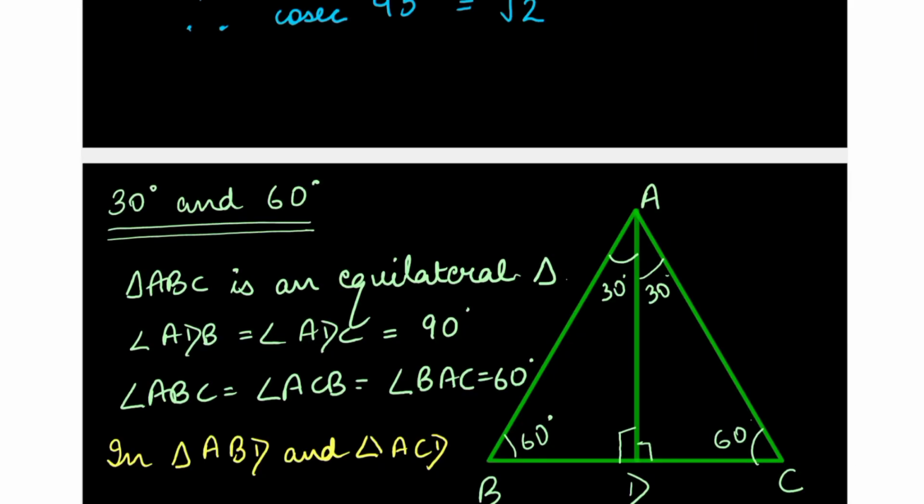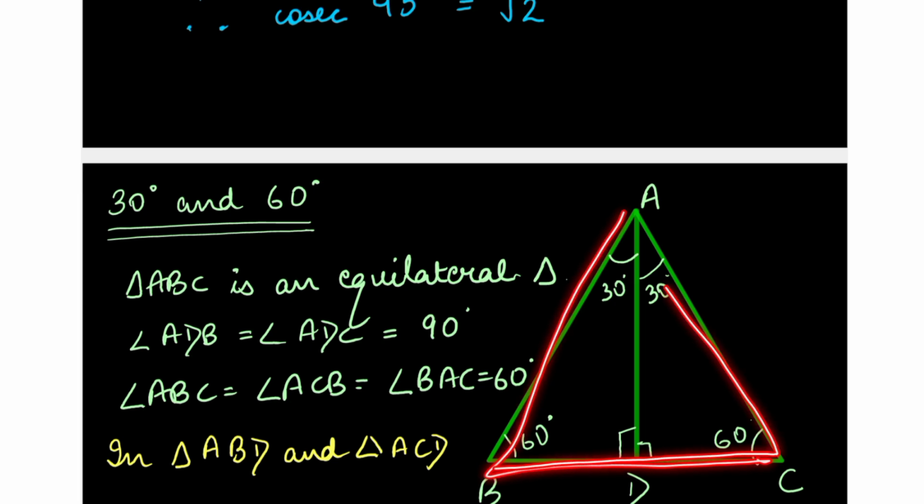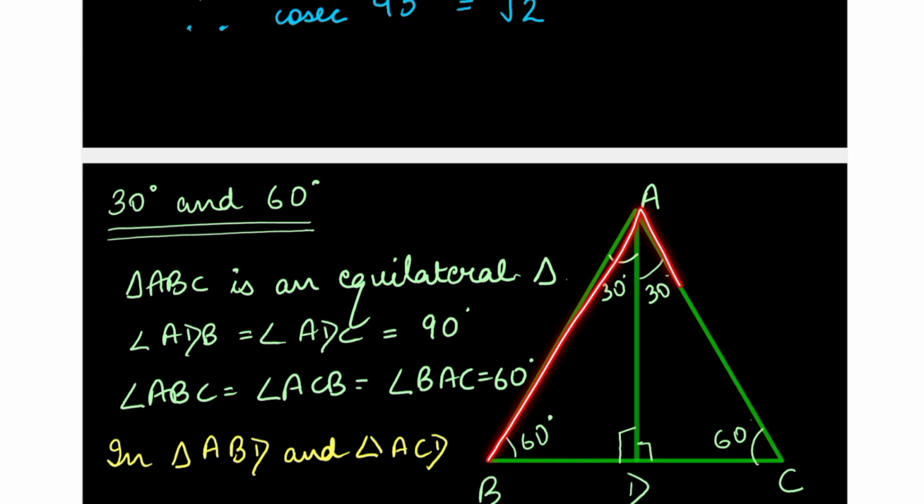Now let us find the trigonometric ratios for 30 degrees and 60 degrees. Here is an equilateral triangle ABC, where all the three sides are equal. That is, AB is equal to BC is equal to AC. And all the interior angles, that is angle ABC, angle BCA and angle BAC,